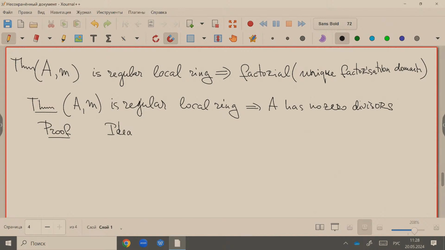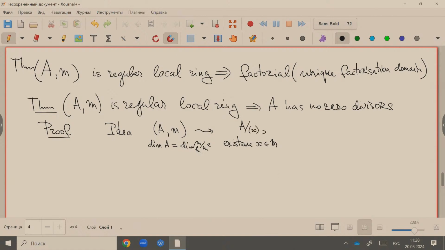After taking M mod M squared, we have the condition that regularity means the dimension of A is equal to the dimension of M modulo M squared over K. So this tells you that we shall prove the existence of an element in the maximal ideal such that you can pass to